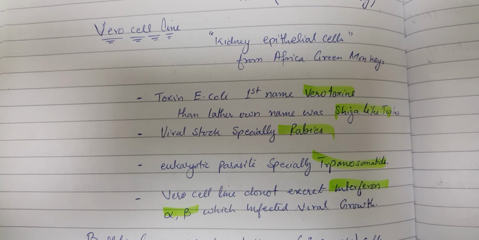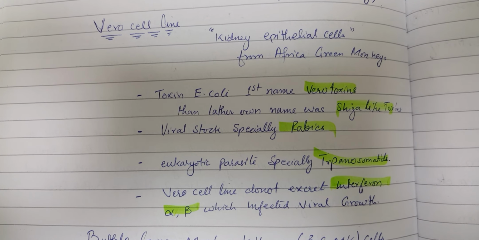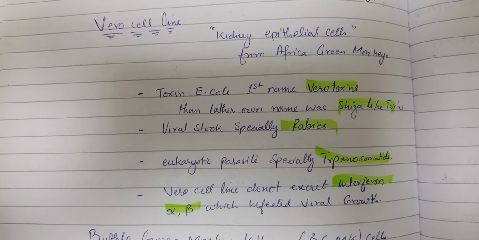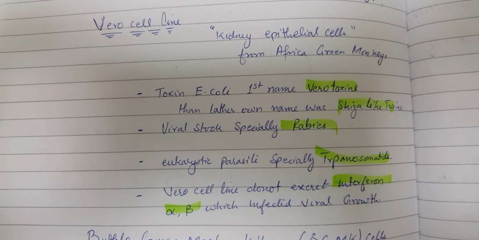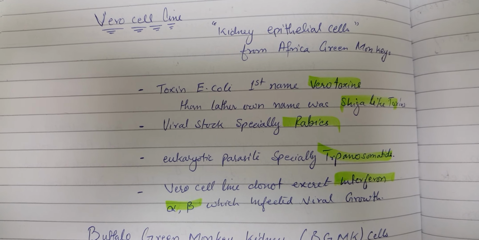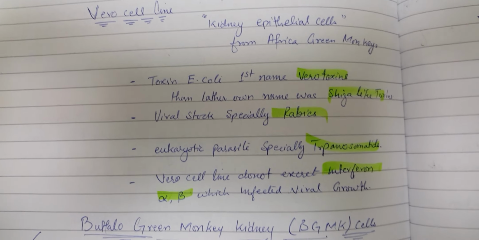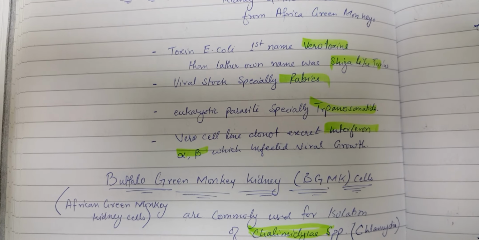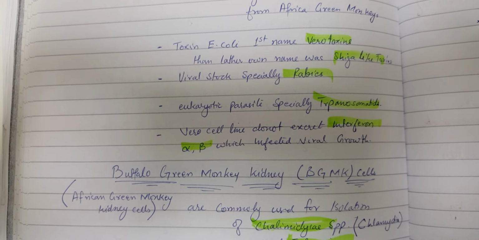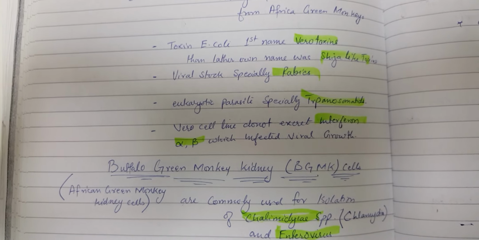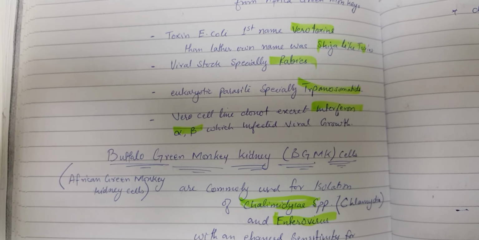The Vero cell lines do not secrete interferon alpha and beta, which inhibit viral growth. So it is a very good cell line to grow most of the viruses, while the buffalo green monkey cells, BGMK cells, from African green monkey kidney cells, are commonly